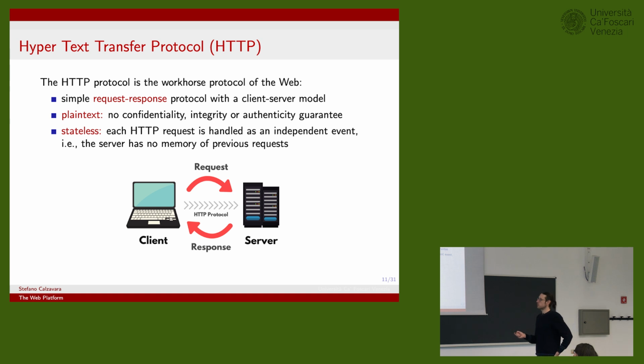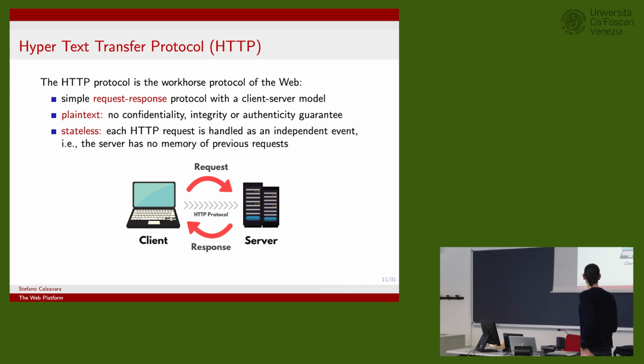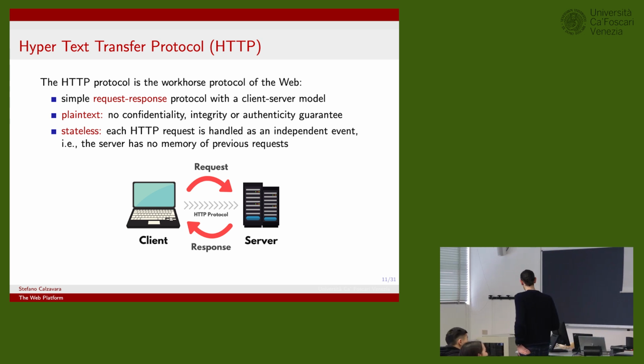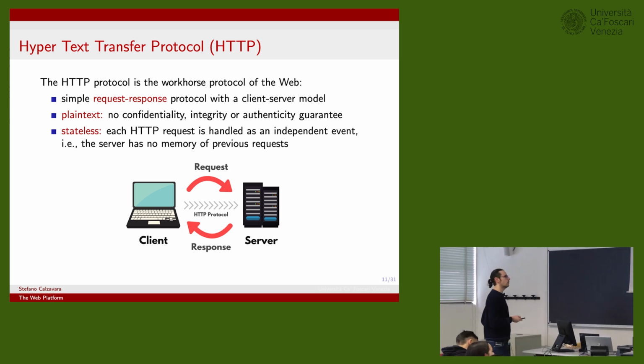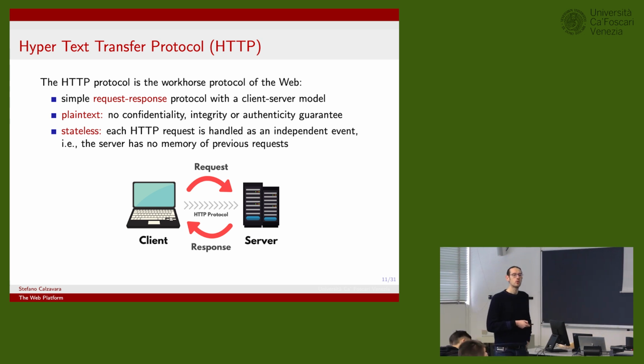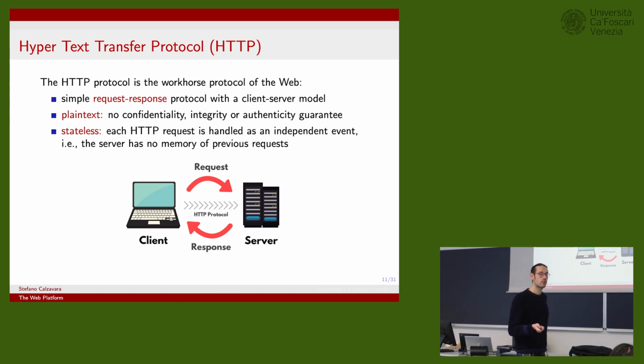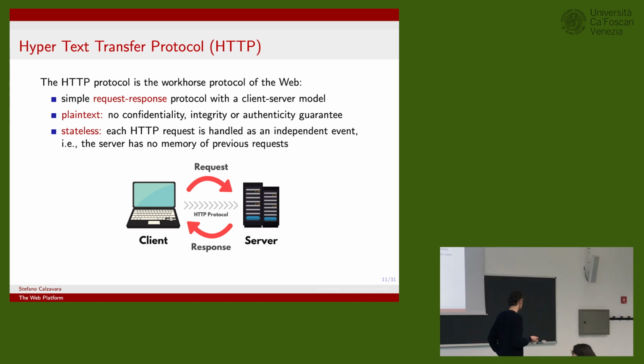You have a server, which sits somewhere else in the internet. The client sends a request. The server processes that. After a while, it provides back a response. So communication is asymmetric. We have requests and responses with different shape and formats. This is something that we're going to discuss soon.